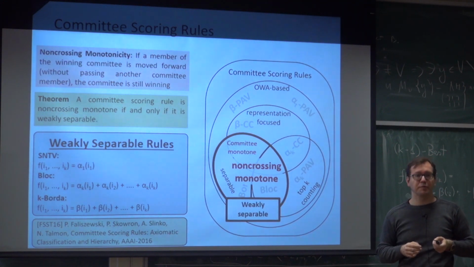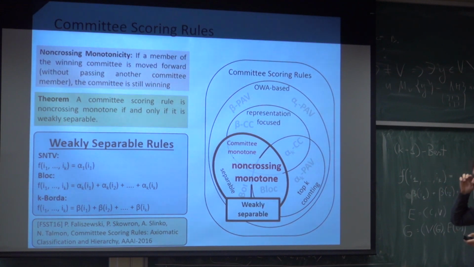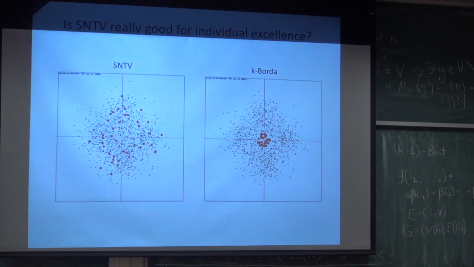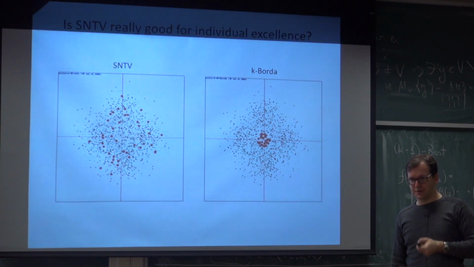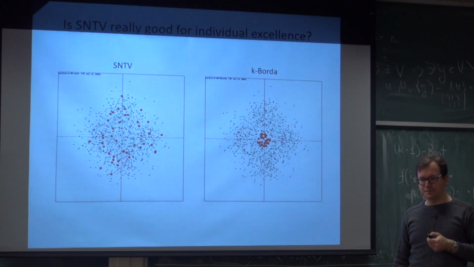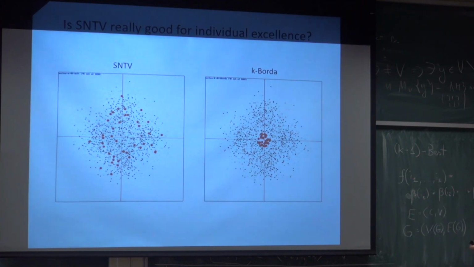So it still should be winning. And that was all nice until we realized that both k-Borda, which gives this nice concentrated result, and SNTV both satisfy these axioms because they're both separable. This was a bit of a disappointment,